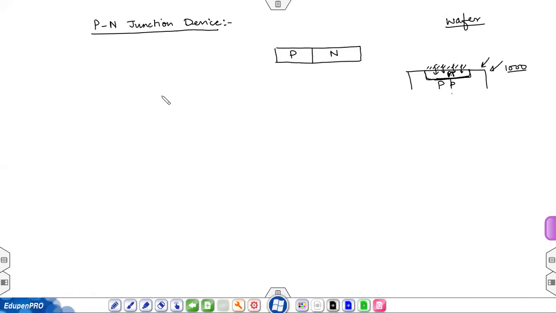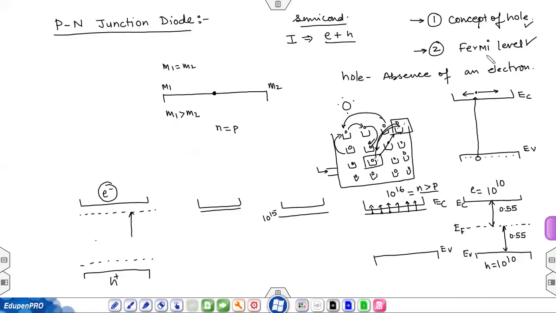So at room temperature, all the electrons go into the conduction band. Let me draw a band diagram over here. This is EC, this is EV. Let's say this is a P-type semiconductor and this is an N-type semiconductor. But before that, there is one more concept we will understand, again related to the Fermi level. Just a minute. Can you tell me if a semiconductor is like this?